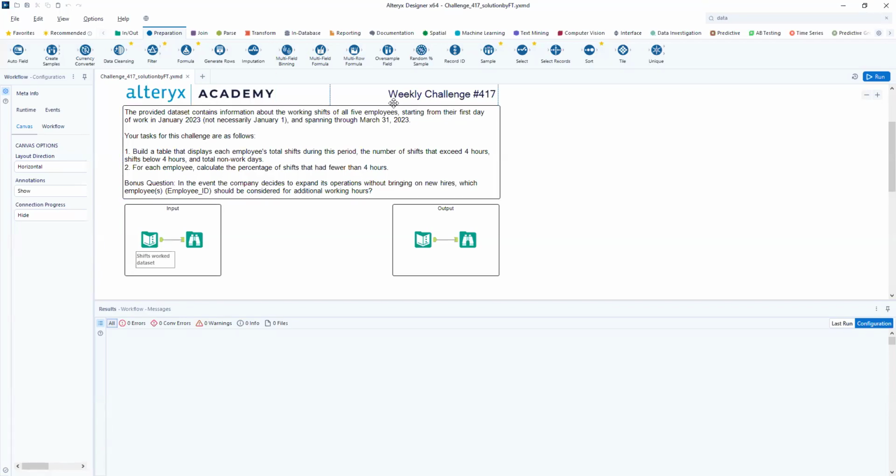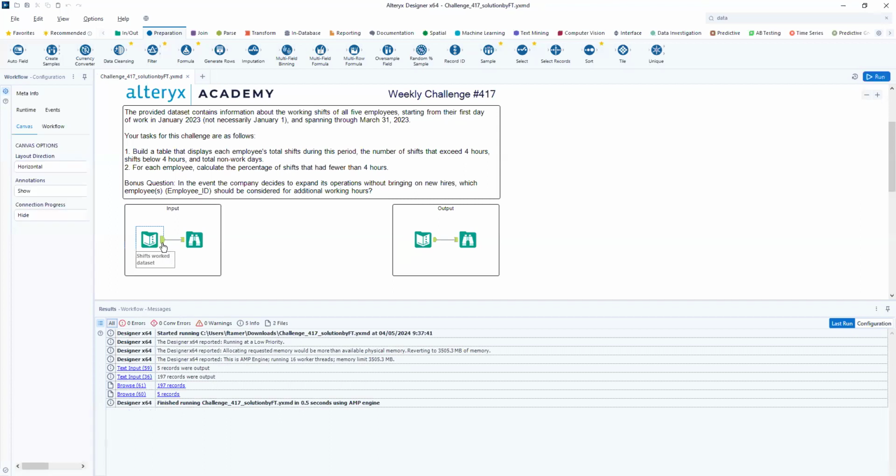We will be focusing on weekly challenge number 417 today. We're going to practice some of the very famous common tools like join, join multiple, and select tool with this activity. When we look at this challenge today, we have a data set given, which was just one